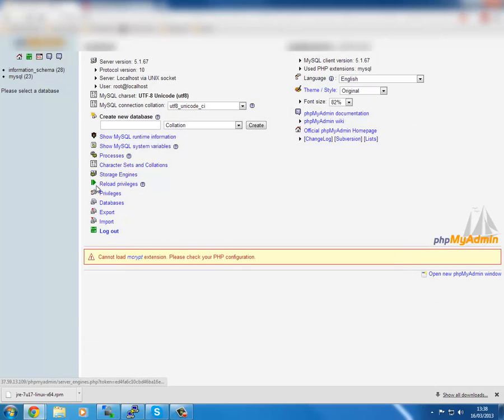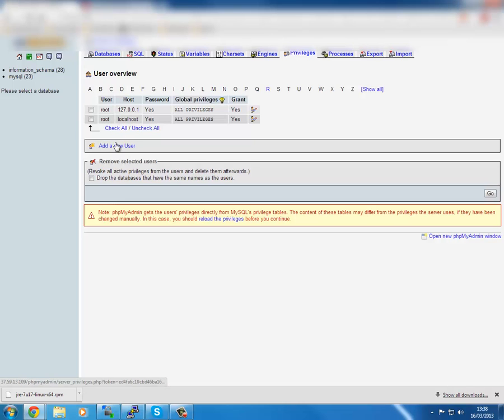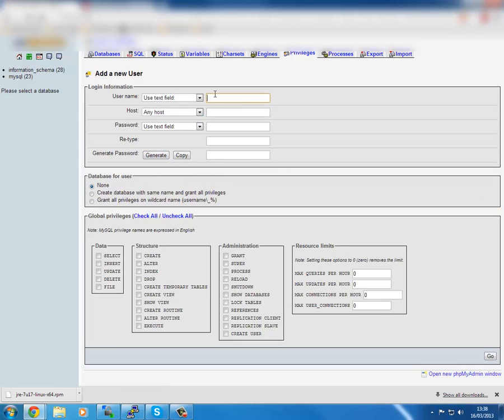So you go to here, you go to privileges, add new user. Username would be multicraft_daemon_demo. The host would be local. Let's generate a random password. Just quickly